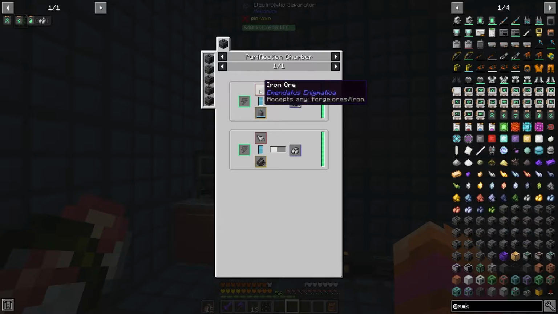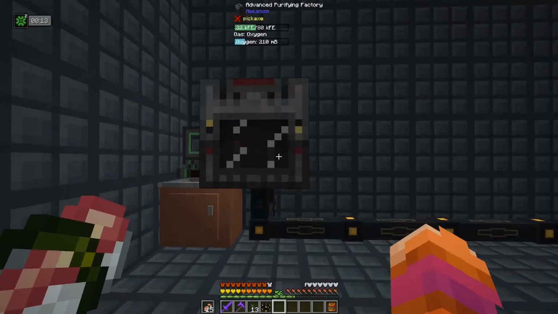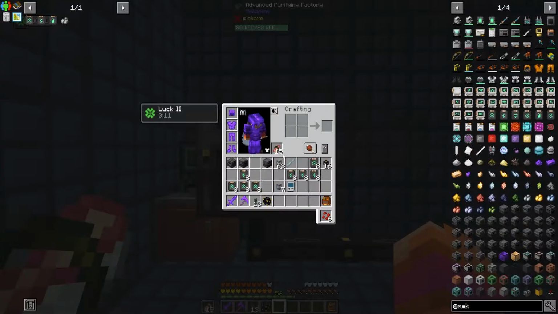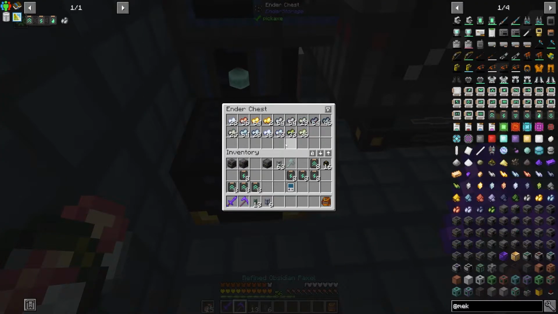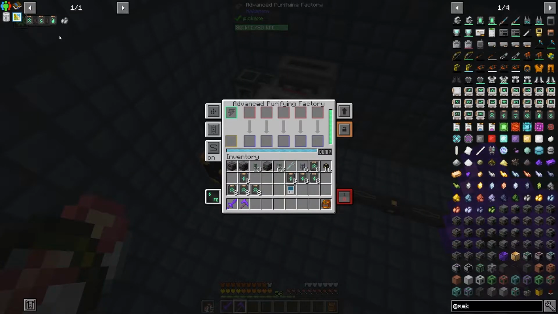If you'll recall, we started this off in the Purification Chamber. So if we grab our Purifying Factory here, it's going to fill up that oxygen buffer, and we want you to auto sort so that it divides. And we want you to input on the left and output on the right. We'll put our ender chest here, the elite logistical transporter here. You can see we have all of our clumps here ready for us, but not yet, because we now need